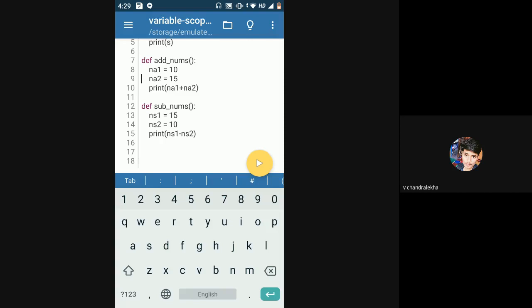Whatever space you give from the start of the line is called the indentation. If you don't give a space between the line and the code, like here you can see there is no space. If I press backspace, it will go to line number 6, which means there is no space between the start of the line and wherever I have started writing the code. This def is at the start of the line itself, so it is at level 0 indentation.